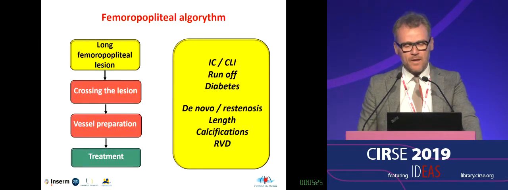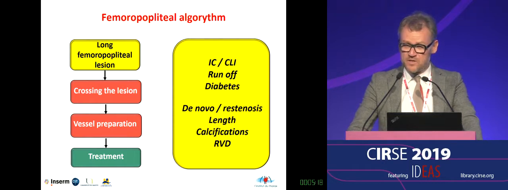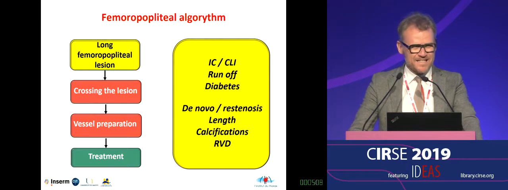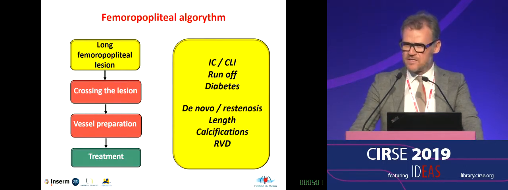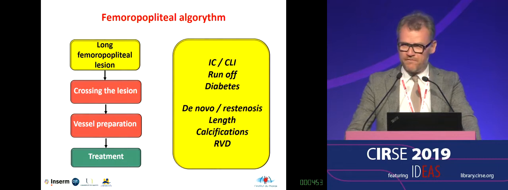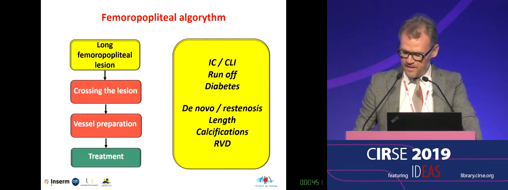open surgery. My algorithm to treat long femoral lesions is first to assess the patient, because it's different if you have a CLI patient or a claudicant patient, to assess the runoff, and to know if the patient is diabetic or not. But also we should assess the type of the lesion, if you have a de novo lesion or restenosis lesion, the length of the lesion, the presence of calcification, and also the reference vessel diameter. After that, we have to cross the lesion, of course, to perform the vessel preparation and finally to treat the